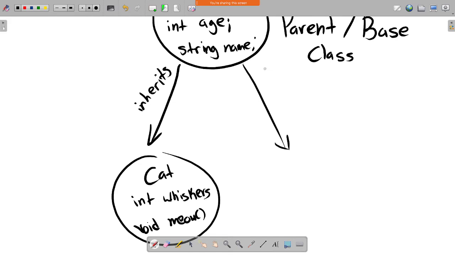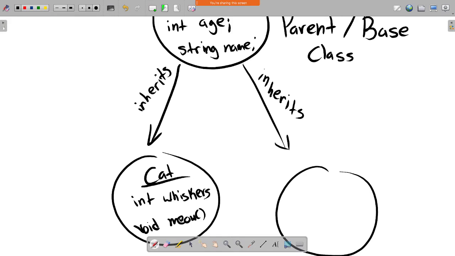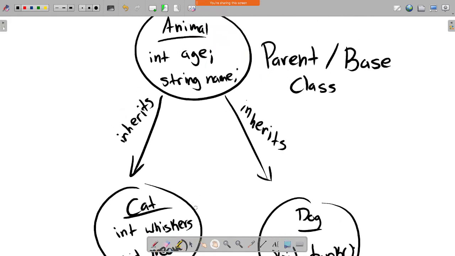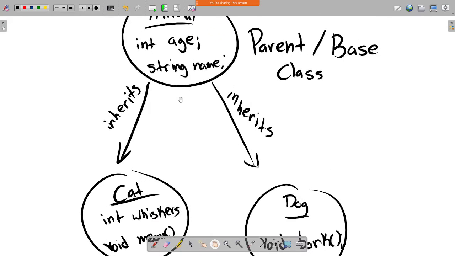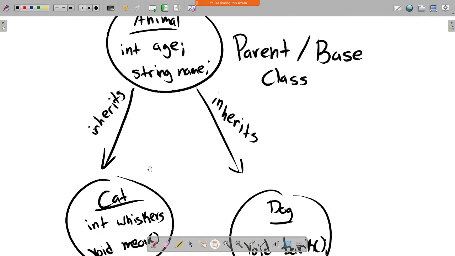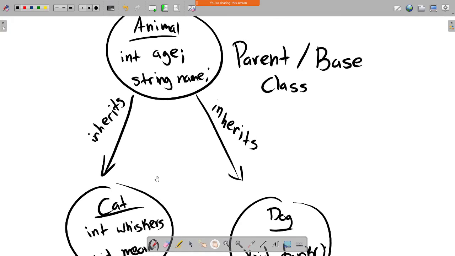And then we'll do another one that inherits, and then a dog inherits from that, and it might just have the void bark. Okay, and so these things follow from that. And so another way to think about this and think about whether your class relationship makes sense